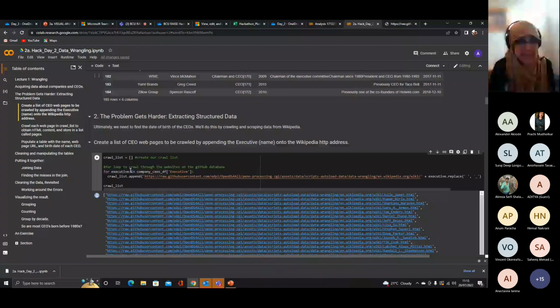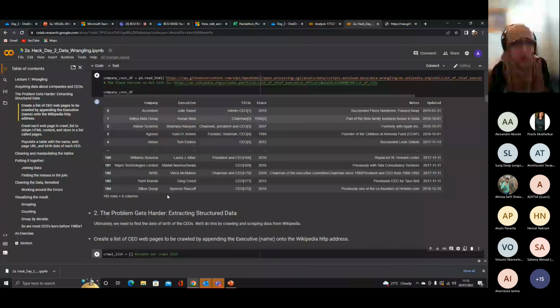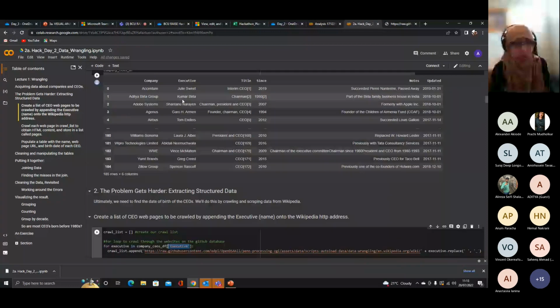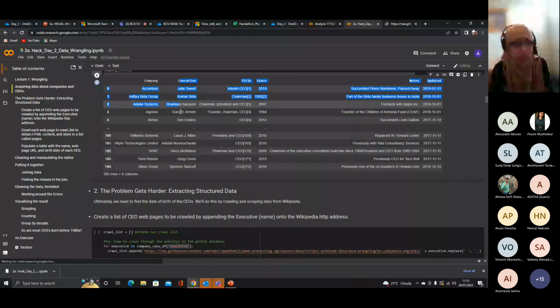Executive is the variable that we've defined within this for loop, and you could have named it X, Y, anything. So for X in the database that we have in the company CEOs database, which is this one here, we want to loop through the column that is under the executive. So essentially we're looping through this executive column here